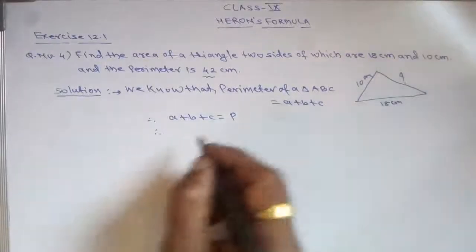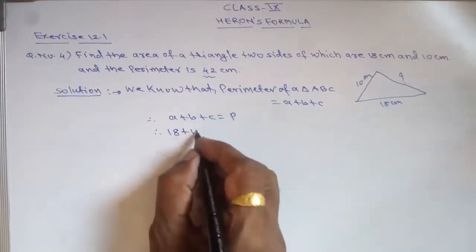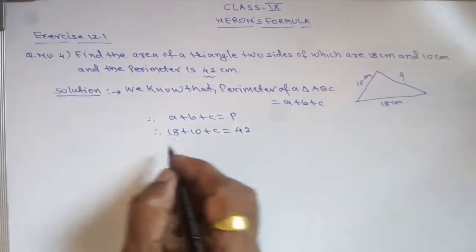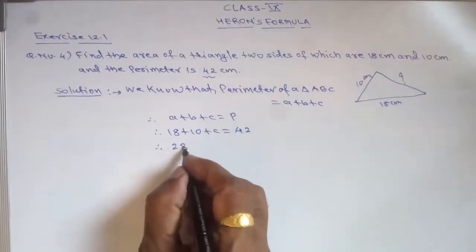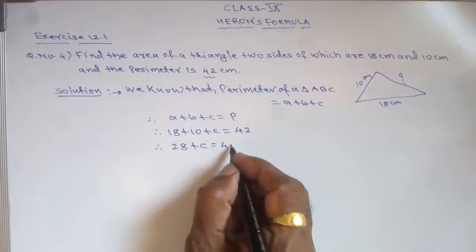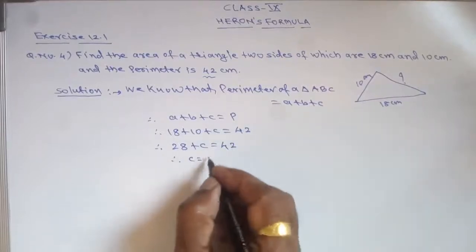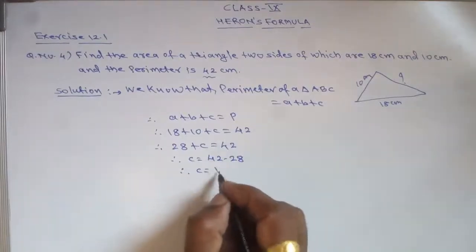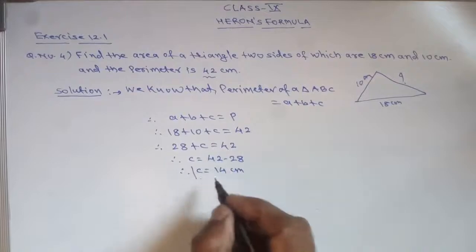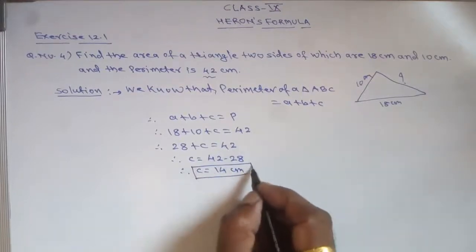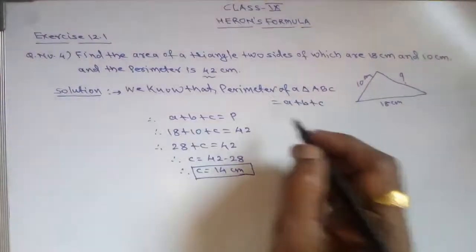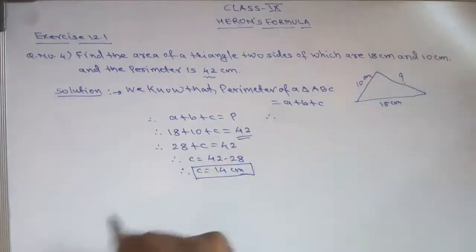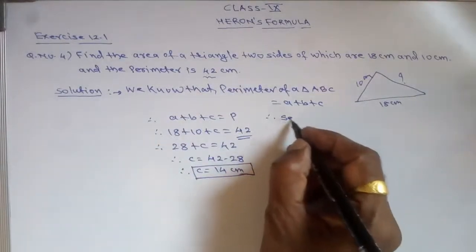Now what is A? A is 18. What is B? That is 10. What is C? It is not given. Perimeter is 42 centimeter. Therefore, this is 28 plus C equals 42. Therefore, C equals 42 minus 28. Therefore, C equals 14 centimeter. So, students, in this way we can find the third side also if perimeter is given. Now, what will be the semi-perimeter? Perimeter was already given, that is 42. Therefore, semi-perimeter